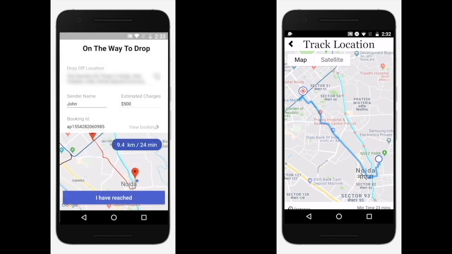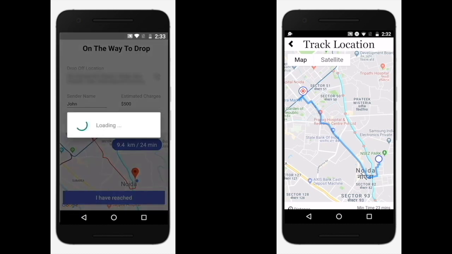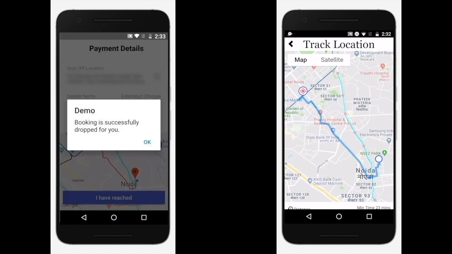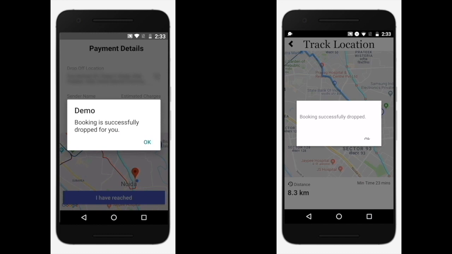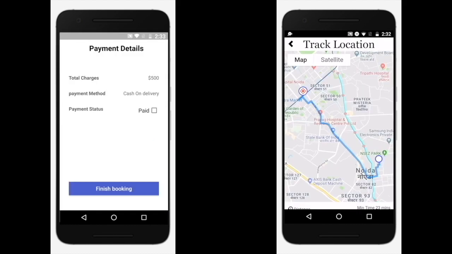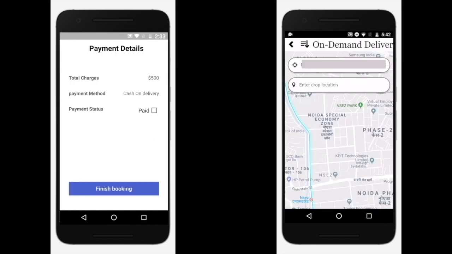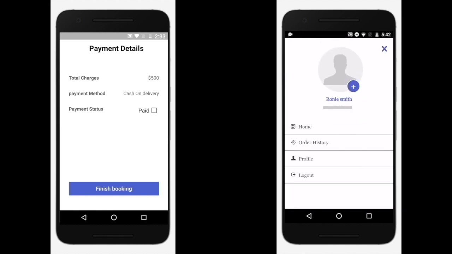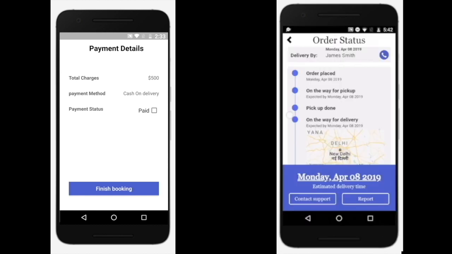When the delivery boy has reached the destination you requested, they will click I have reached. The customer will then receive another message saying that the booking has been successfully dropped. As the payment mode is cash on delivery, the delivery boy will be redirected to Payment Details screen. Once he or she collects the payment, they will need to tick mark the paid checkbox and then tap Finish